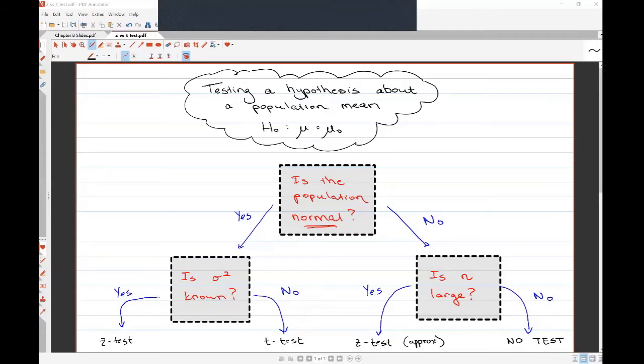On the other hand, if you do not have normality, but your sample size is large, you can base a test on a population variance or on a sample variance in your test statistic. Either way, you'll be doing a z-test with the knowledge that your test at this point has become an approximation. And finally, if you do not have normality and if your sample size is not large enough, no test will be possible. So this is a big picture overview of what we covered last week. Now let's jump back into chapter 8